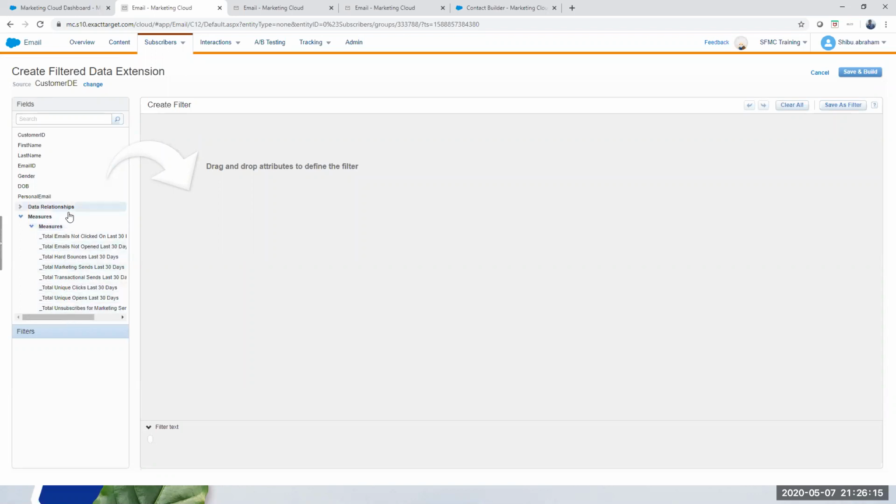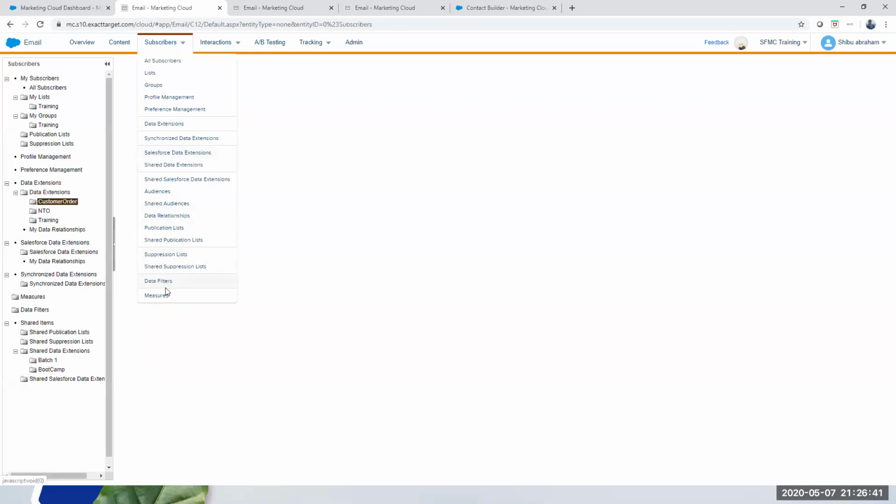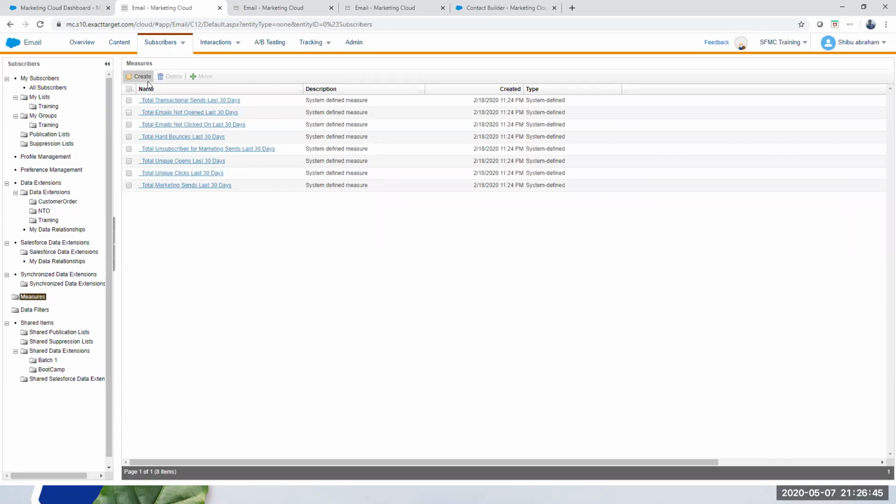If I want to see the list of subscribers who have not clicked emails in the last 30 days, or if you have a specific email that you want to track that they have clicked, you can go and create a measure. These are standard ones that are already there, but let's say if you want to create one, you can go to subscriber measures and create it here.